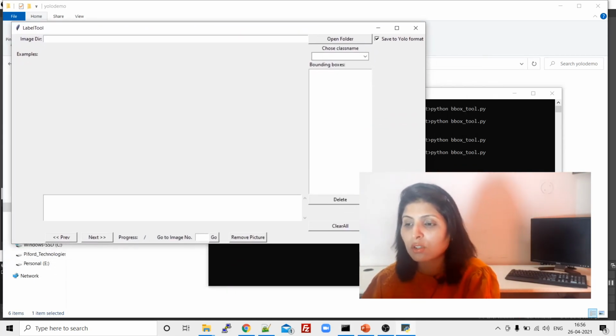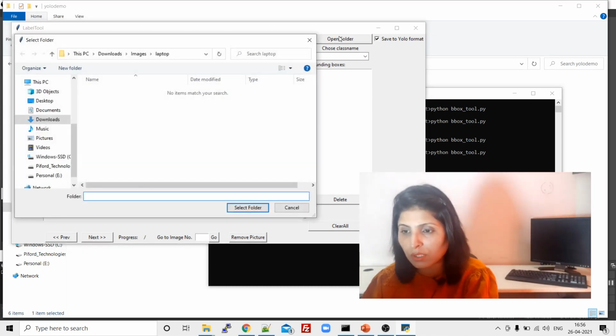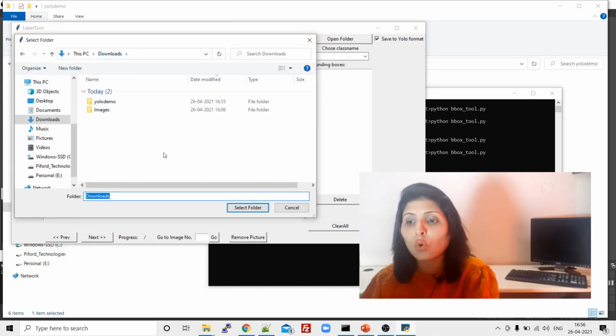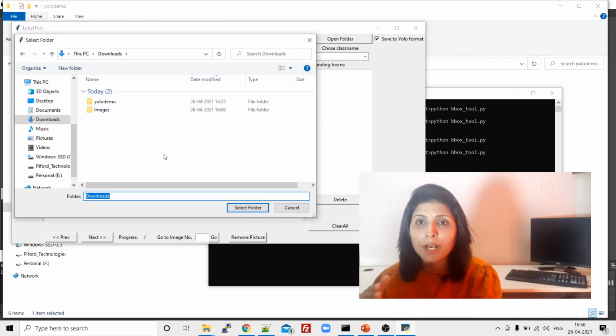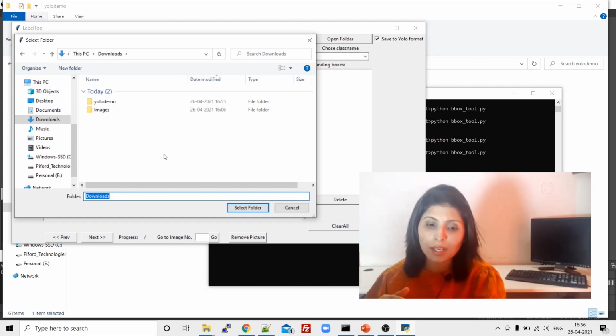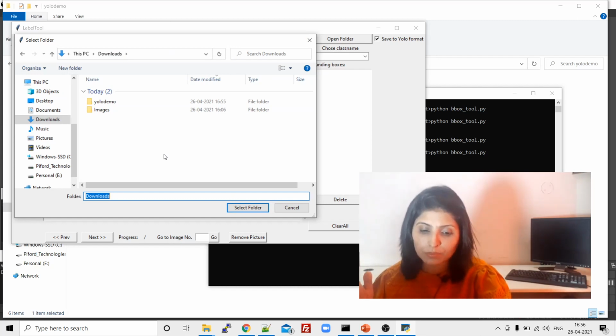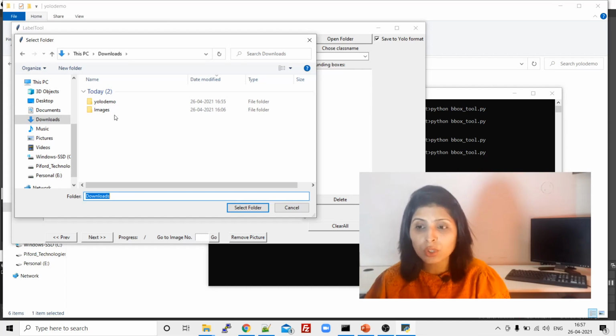See, this is a desktop application. Over here, we have the image directory and an option of browse. Just click on this option and go to the folder where you have your images. So guys, if you want to build an object detector which can detect images of laptop and phone, that means first of all you have to store some images in those folders. So remember the images folder.